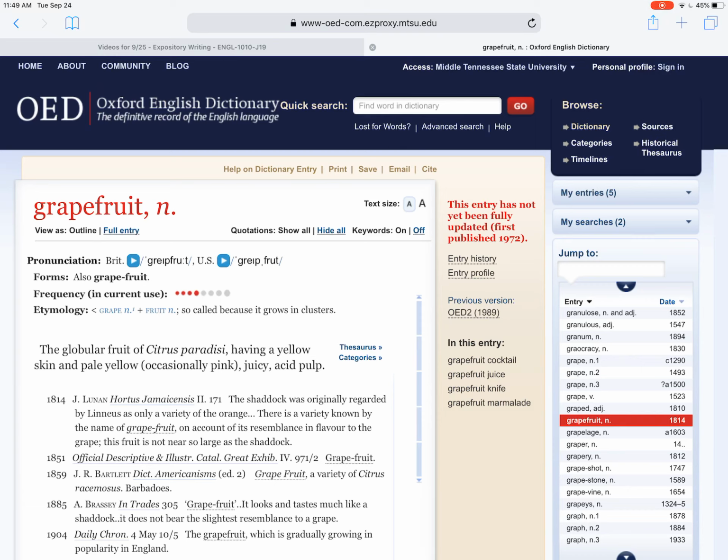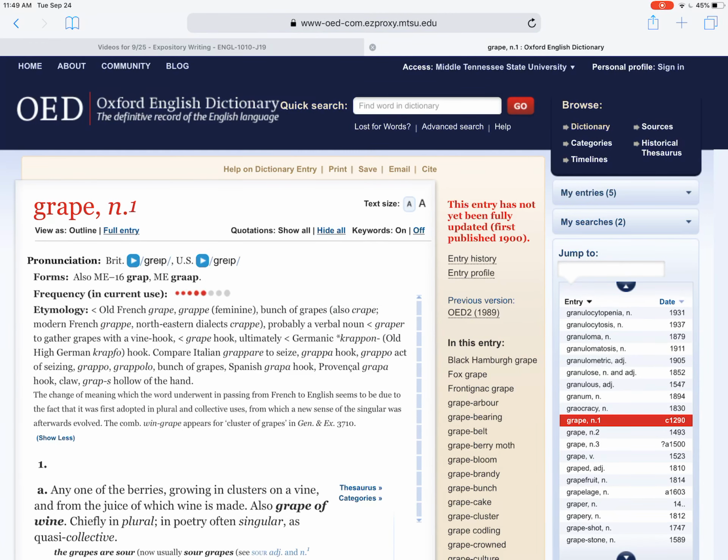how it's related, and you can see here that the etymology comes from the noun we were just looking at, grape noun plus fruit, so called because it grows in clusters. So it has nothing really to do with grapes except that it also grows in clusters like a grape. Interesting. So if we go back to grape noun 1, let's say I need to cite the etymology of this